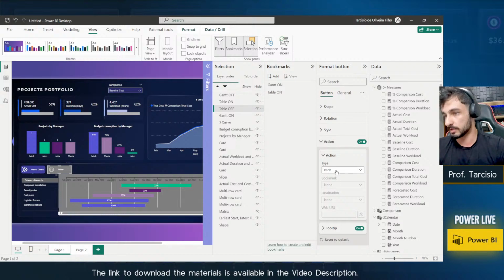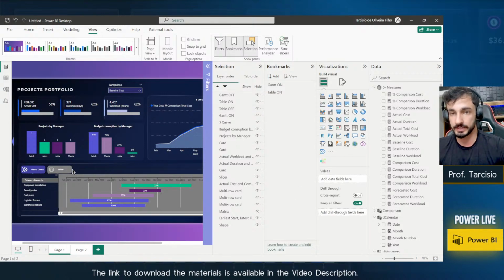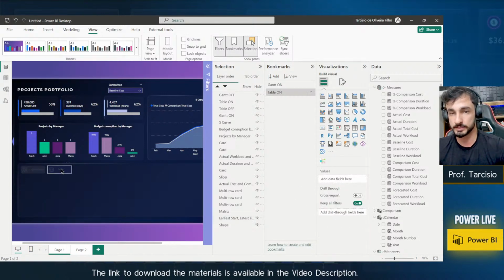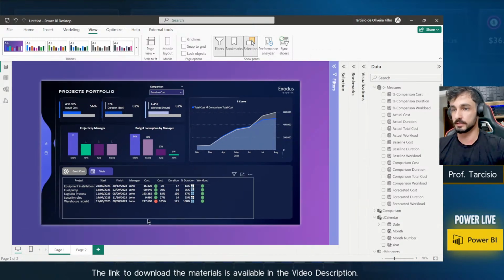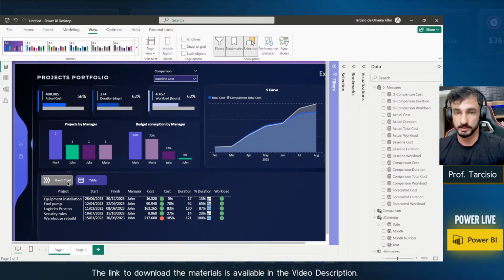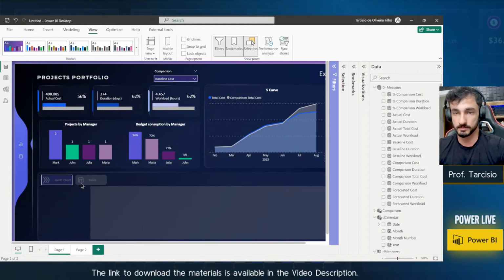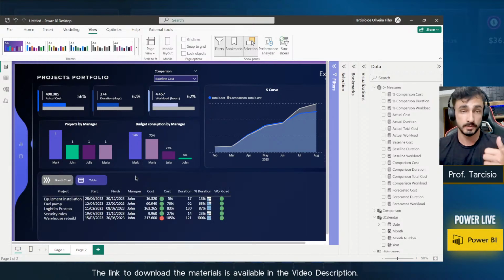So let's turn on the bookmark for this table. Bookmark for this table, and let's enable the table on. And if I click here in the button, now I visualize the table. Let me hide all the menus. Gantt chart, table. Gantt chart, table. Okay,